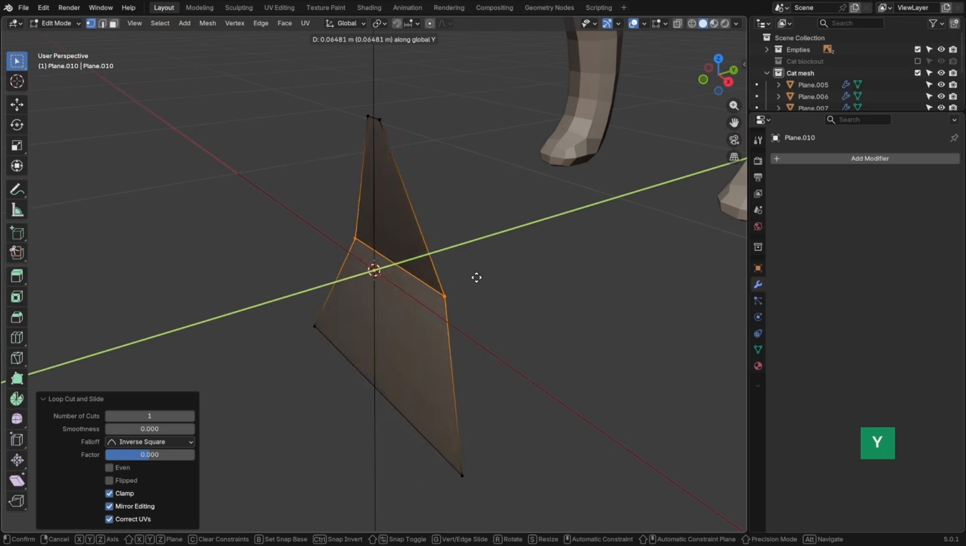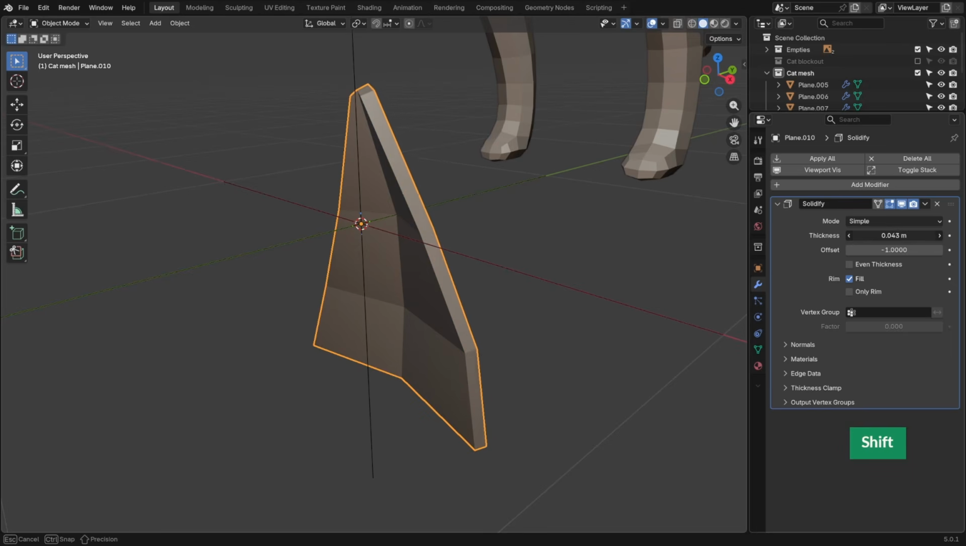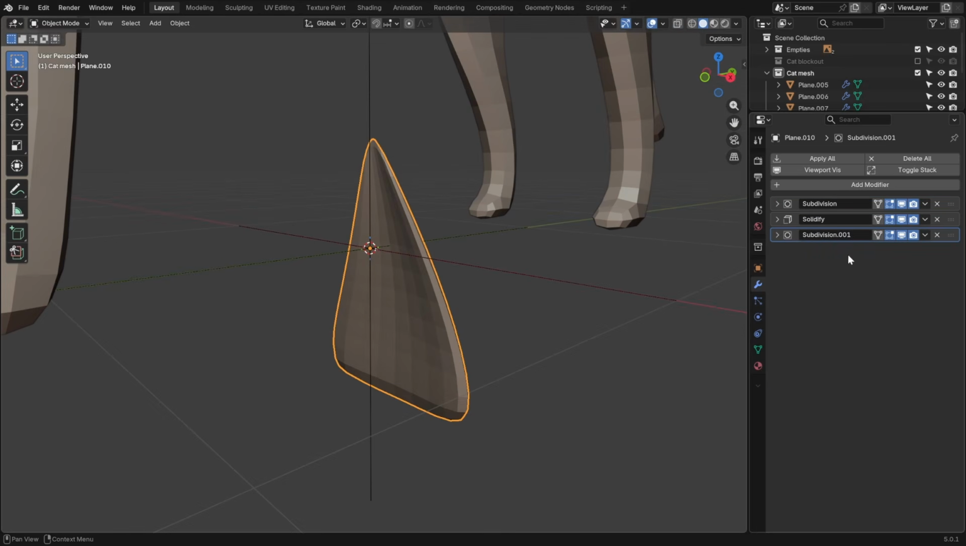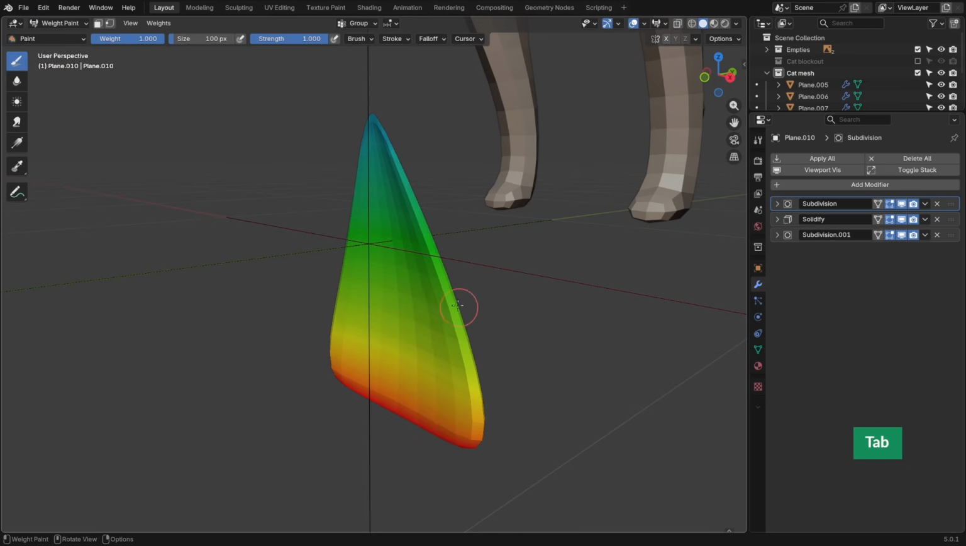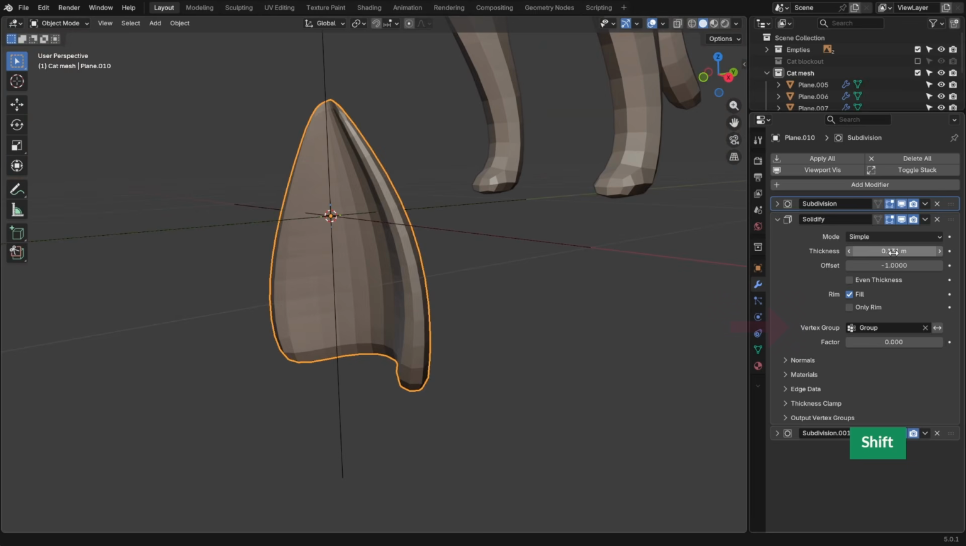For the ears, again use some flat geometry with a solidify modifier. You can add a subdiv modifier before and after the solidify to protect the shape more. To create a nice gradient of thickness for the ear, add a vertex group with decreasing values to the solidify